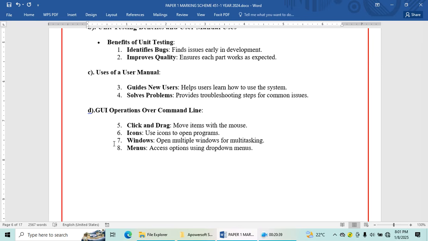Then, if you open your laptop, your computer, it is rectangular in shape. That means it is a window. The person who brought the term Windows looked at the window, which is rectangular in shape. Also, when you open your tasks in the computer, you have windows. So windows help you to multitask. To multitask is to do more than one task. Then we have menus. You have visited a hotel and gotten a menu. A menu is just a list of items. When we come to the computer, a menu is a list of commands.